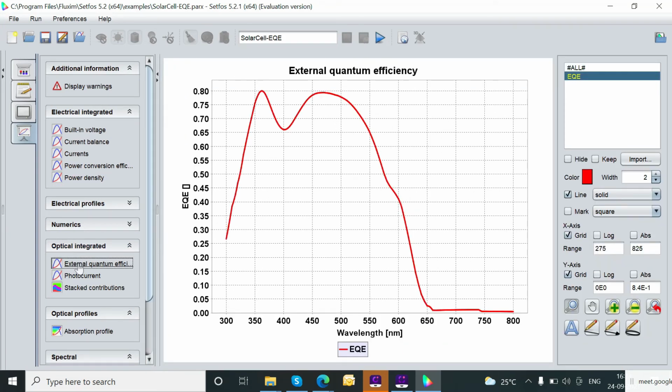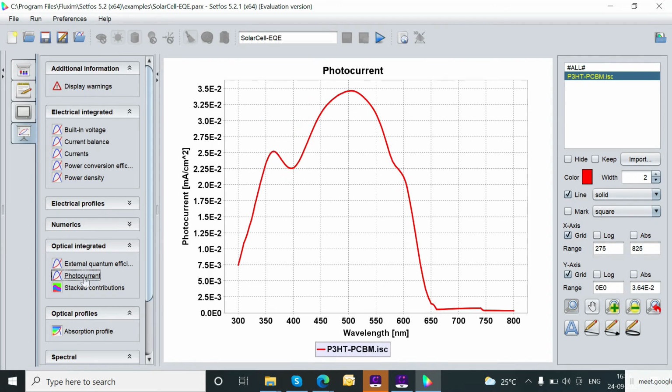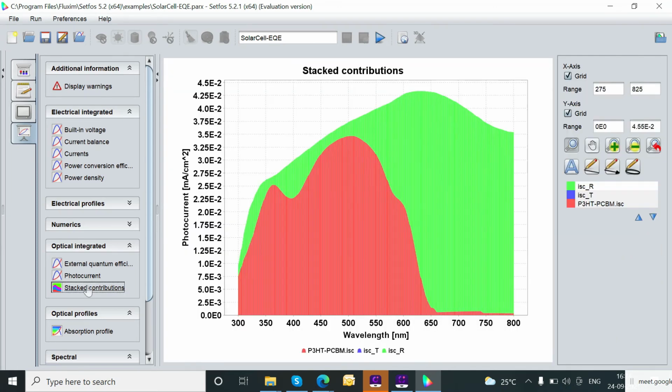Now if you want to plot the optical profile like absorption, this is for absorption analysis from 300 nanometers to 800 nanometers wavelength.